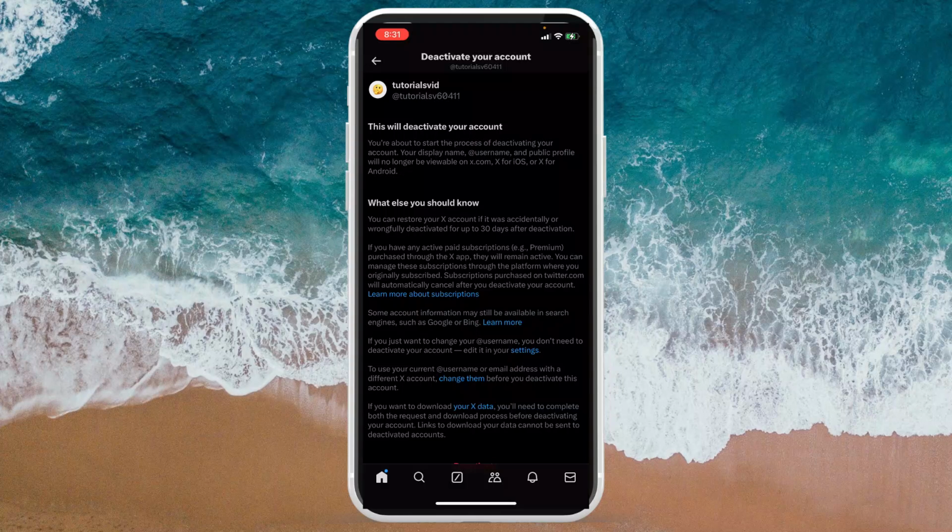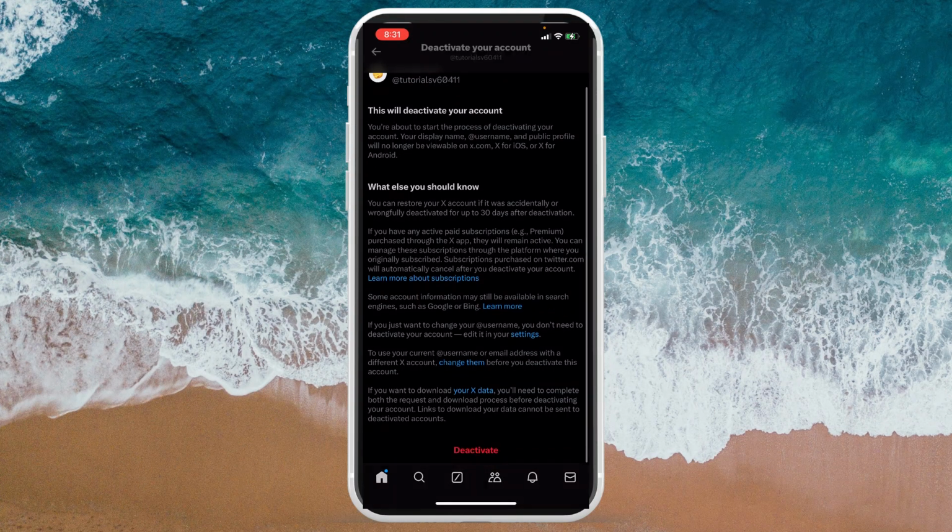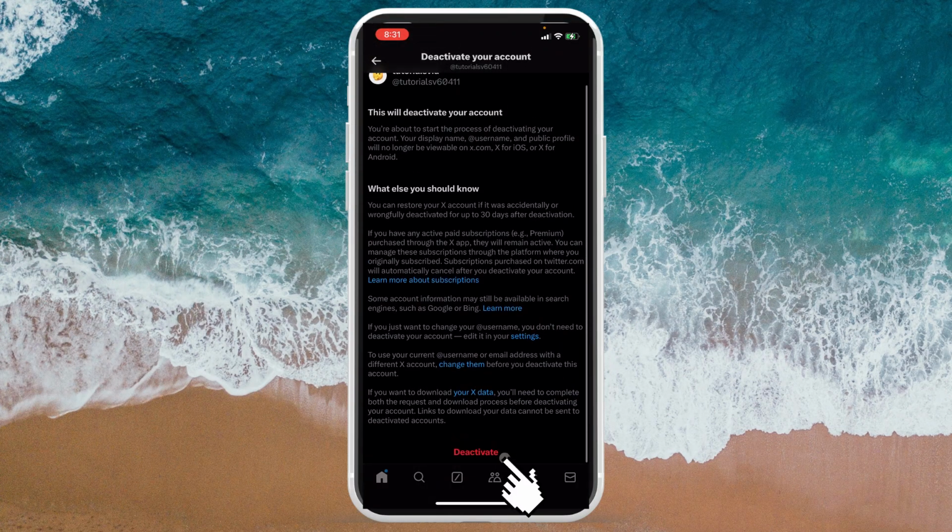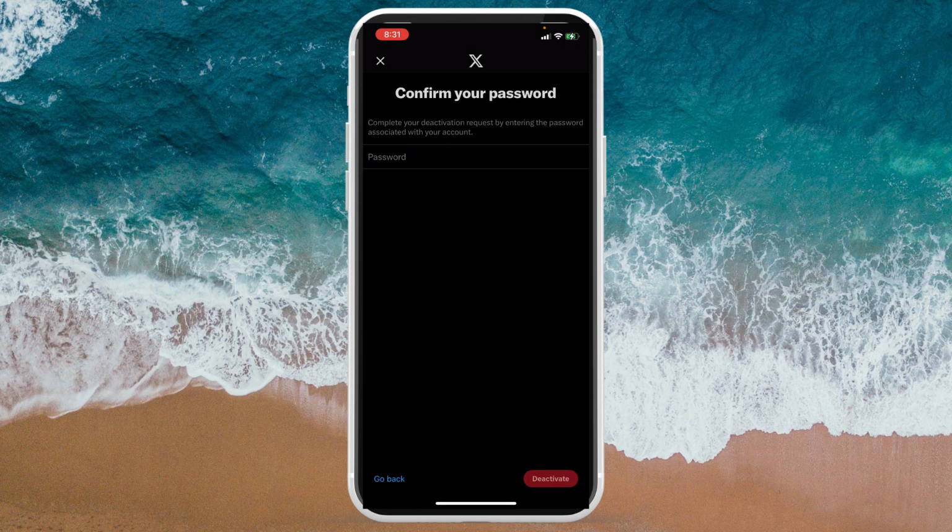You should be able to see also the things that you need to know. So to confirm the deactivation, click on the Deactivate button here onto the bottom part and type in your password. So you need to confirm the deletion by confirming your password and typing it in there. Now once you have entered your password, just click on the Deactivate button again here onto the bottom part to